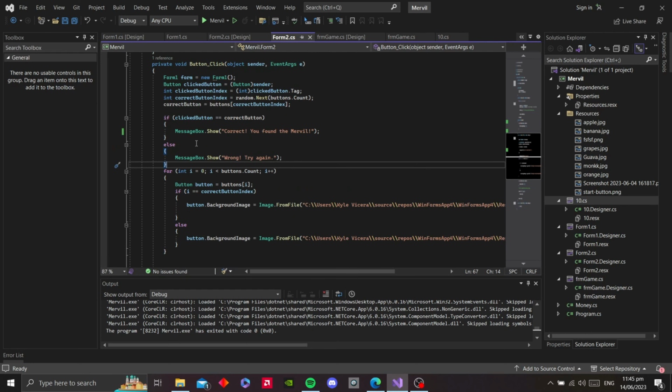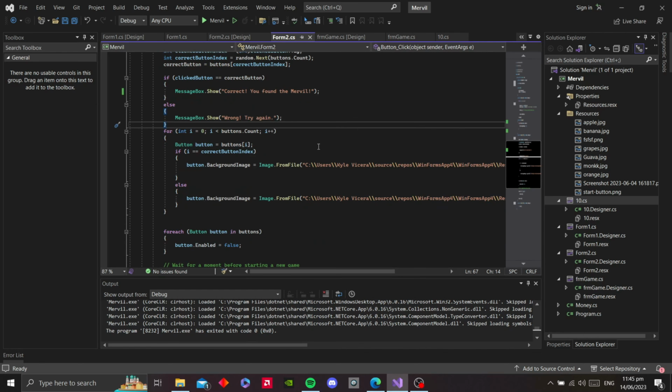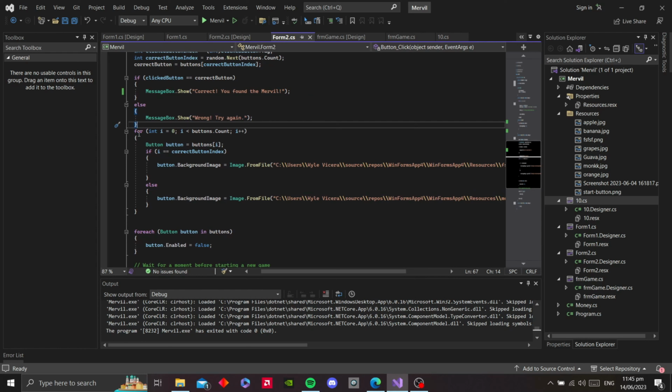So here is our selection statement. If click button is equal to correct button, it will send the correct message back, which is we found Mervil, and else wrong, try again. Here is our for loop. I is less than buttons that count, which is 4. Button is equal to button array, for the initialization of int i,